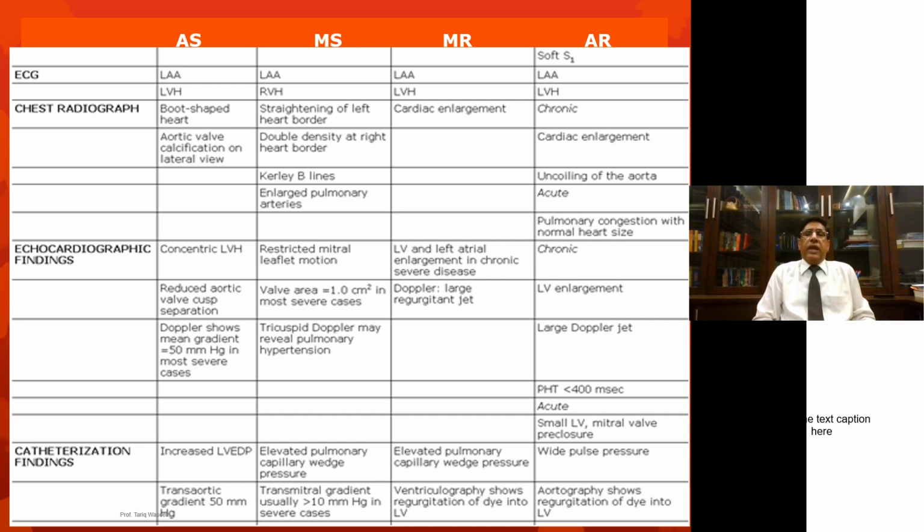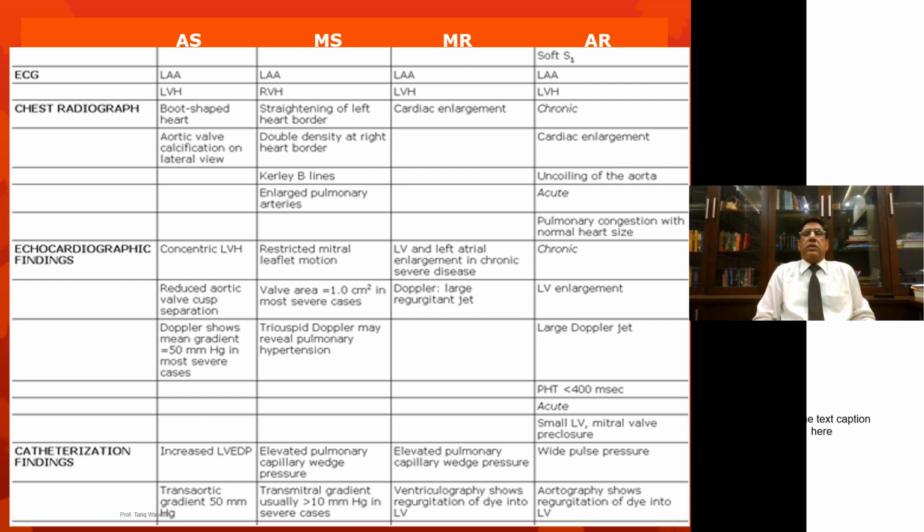You have Kerley B lines on the X-ray, which are because of the dilatation of the lymphatics. The fluid which is transudated out into the interstitial space is then taken away by the lymphatics, and this would lead on to prominent shadows or lines mainly seen in both costophrenic angle areas. Pulmonary artery enlargement and of course straightening of the left border of the heart are other features which were discussed and